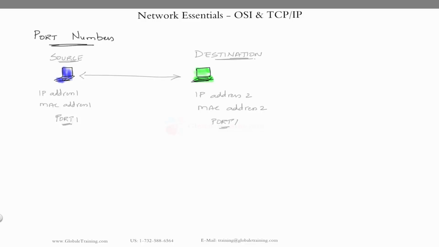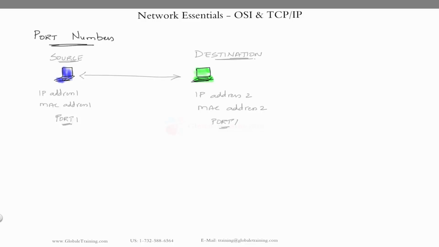And we'll wind up this video with one more concept called port. As in any language, say English, you need to have some basic grammar skills to communicate, and without that, the sentences don't look right. The same way with the TCP/IP protocol stack, which is a communication protocol. Here, a blue computer is trying to communicate with a green computer on the right hand side. So what do they need on the network so that they can communicate?